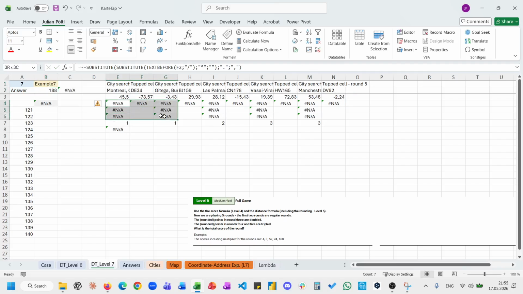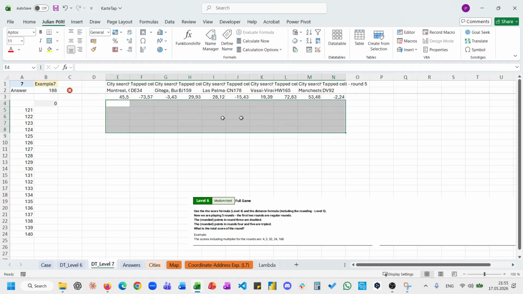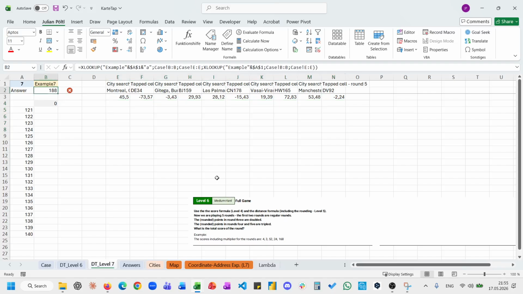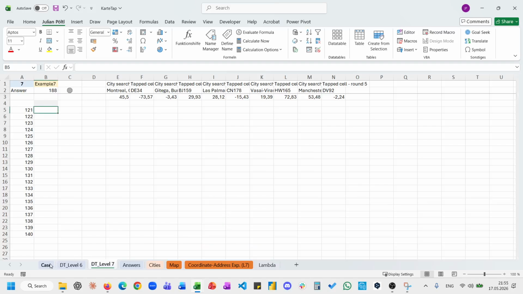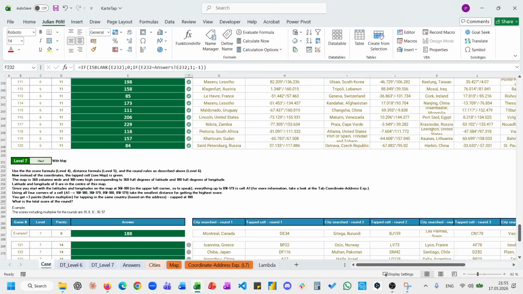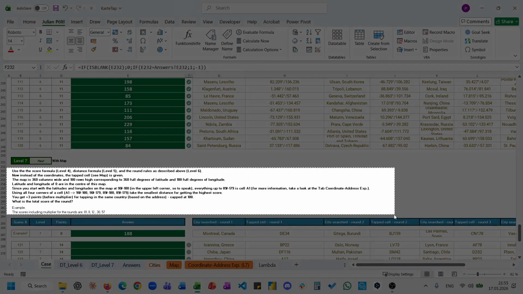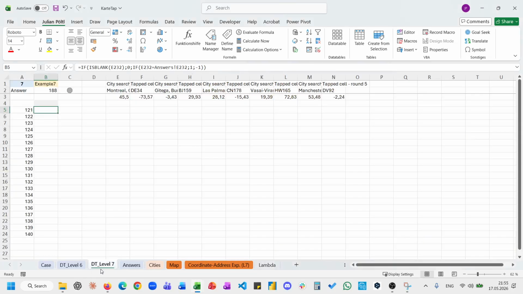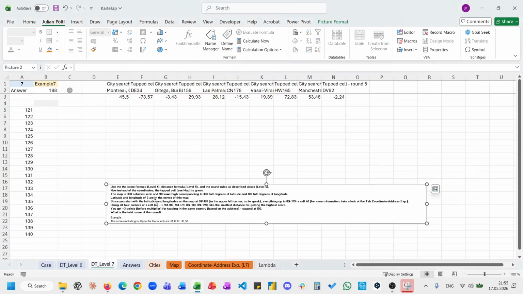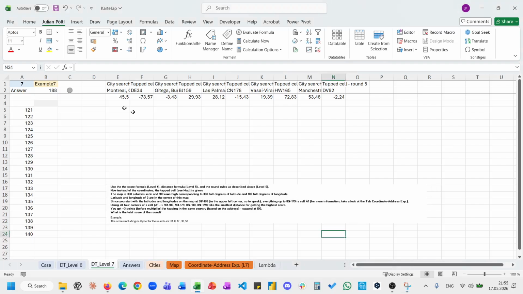Yeah, I know some stuff has to be reversed. So what is done differently in level 7? In level 7, go back. In level 7, we have given